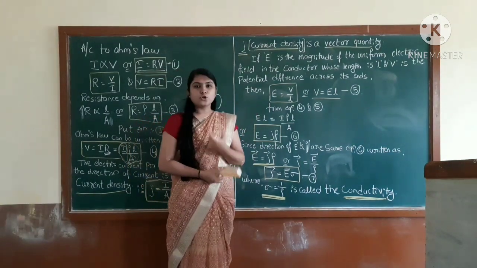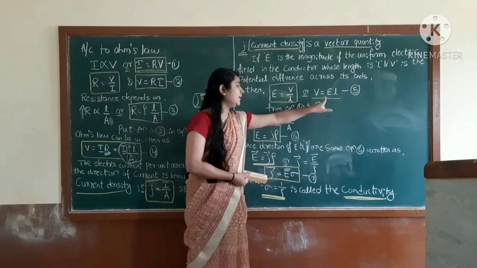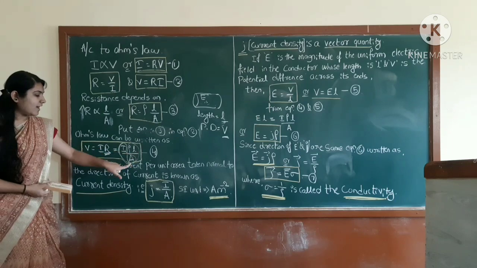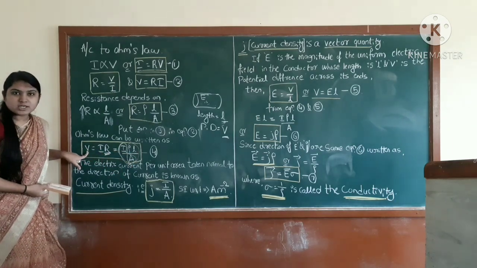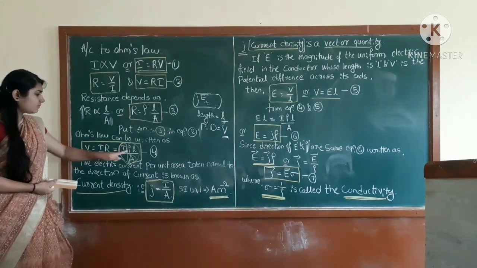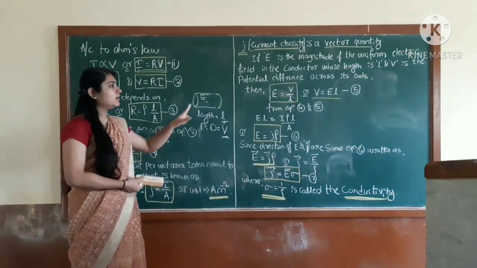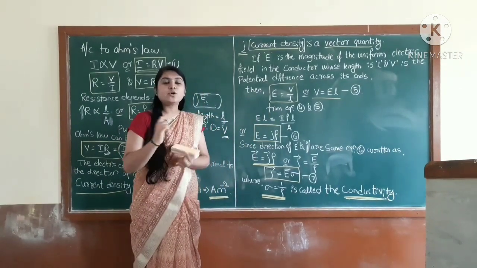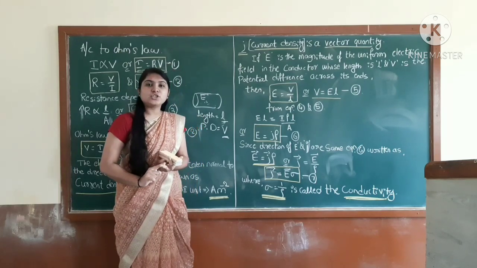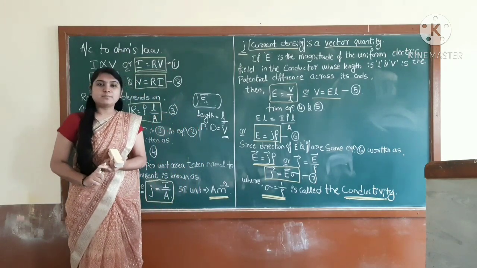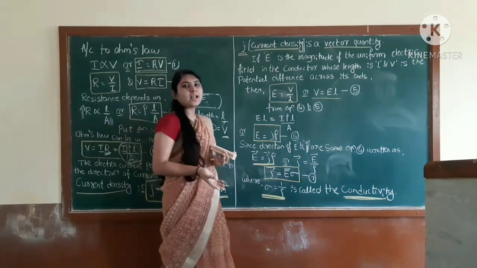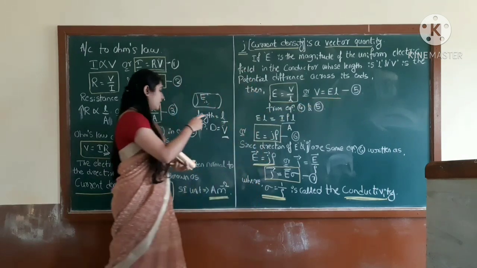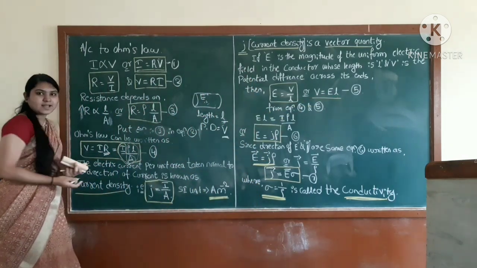So students, now take this equation number 5 and equation number 4. This one, I rho L divided by A, is nothing but the potential difference, correct. Now equate equation number 4 and equation number 5. So students, what will happen now? Here V is equal to something, and here also V is equal to this value, correct.